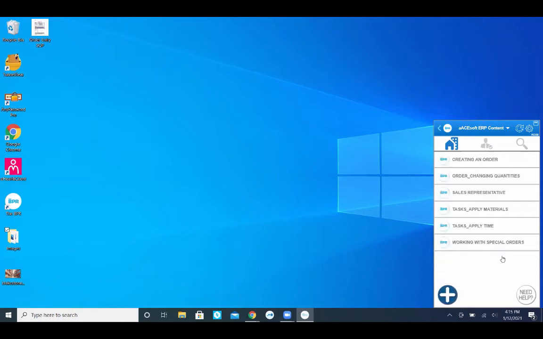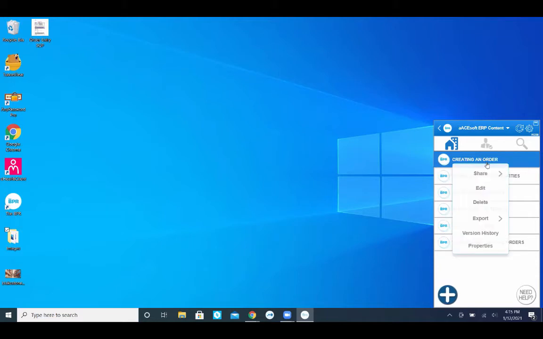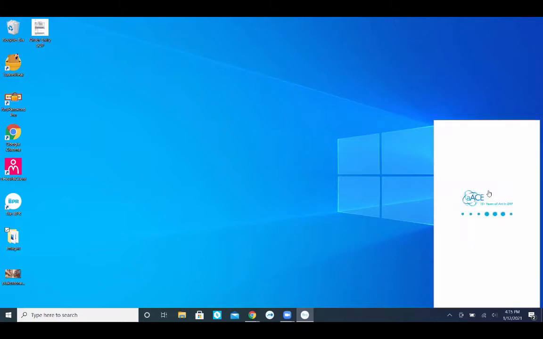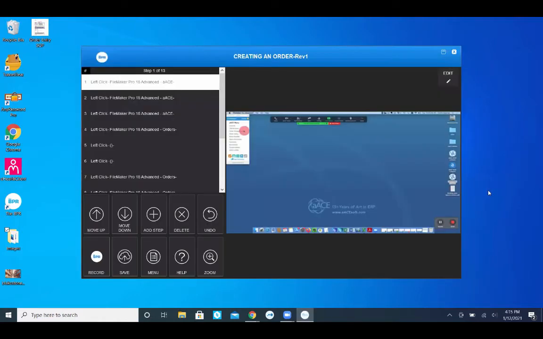So viewing, creating, searching for content, that's all important. But in the world of manufacturing, you also need to, of course, be able to update your SOPs. So I'm going to update one of Caitlin's SOPs. I'm going to edit the creating an order procedure. I'm going to right click on it. And here I get a variety of options. I'm going to show you all of these options one by one, starting with edit. So once I click on edit, it will open up